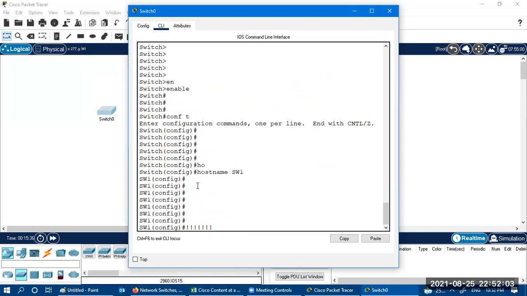Okay, so you start with the configuration. Like in routers, we have studied first how to define passwords: how to define the console password, how to define the telnet password, how to define the line VTY password. So let's start with that. Start with the console password.